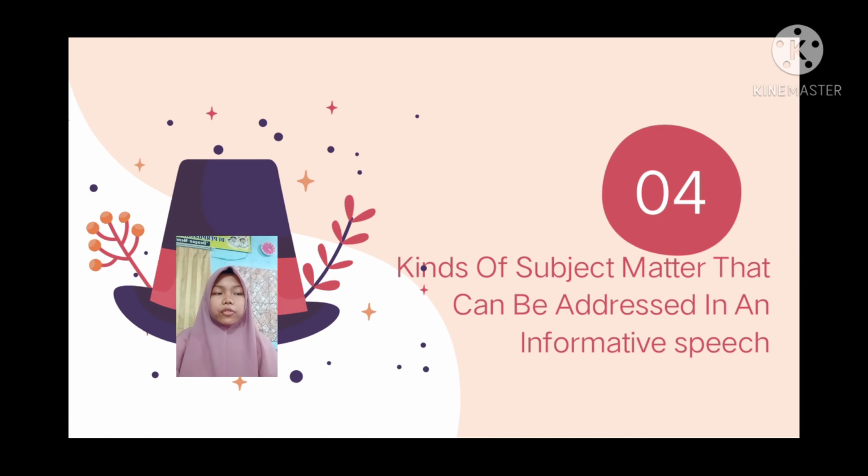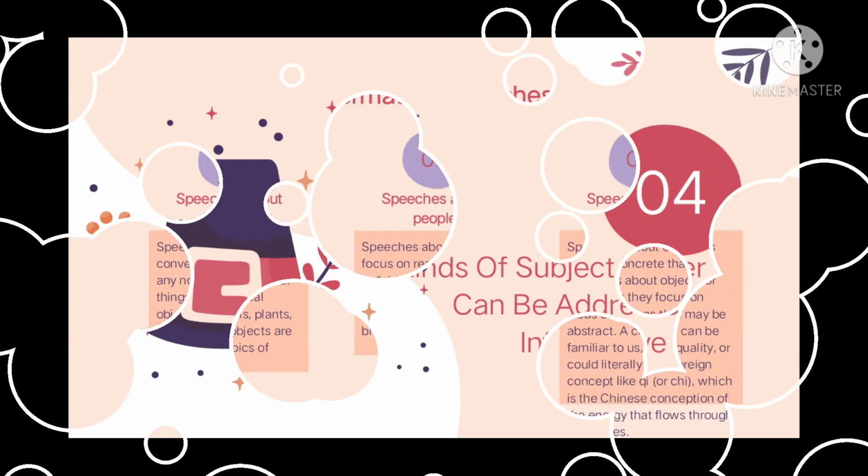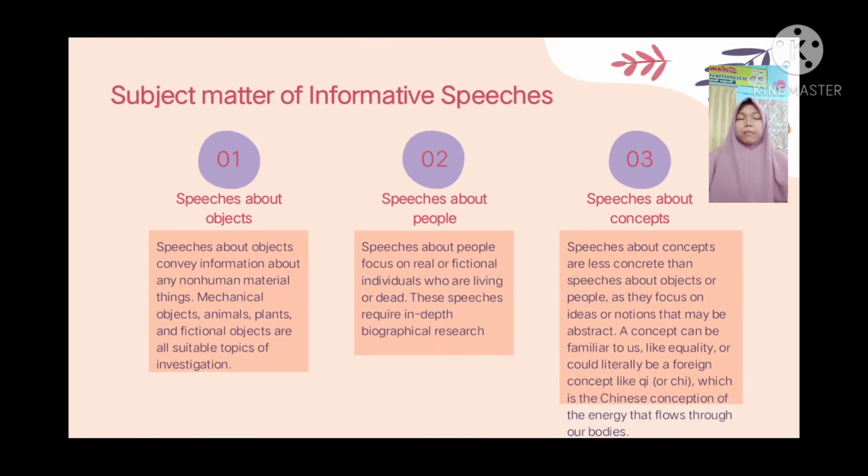Okay, let's move to the fourth material. It's about kinds of subject matter that can be addressed in an informative speech. Subject matter of informative speeches. The first one is speeches about objects. Speeches about objects convey information about any non-human material things. Mechanical objects, animals, plants, and fictional objects are all suitable